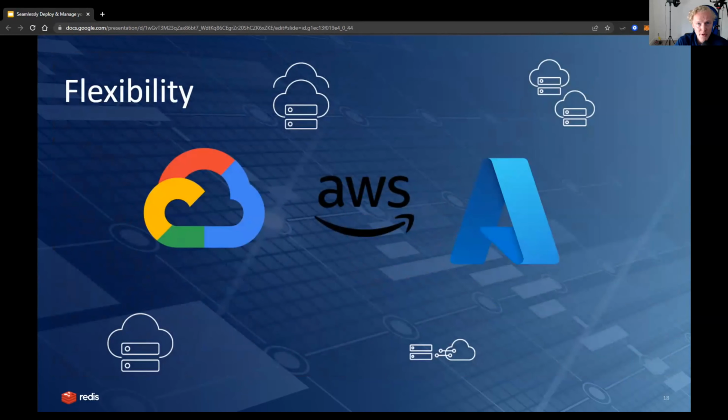Redis Enterprise provides flexibility while deploying across multiple environments, providing quick ways to get started at any of the preferred cloud vendors. Setting up Active-Active in Redis Enterprise, and for those who don't know what Active-Active is, it's essentially setting up clusters in multiple regions so that data is replicated across those regions, essentially giving sub-millisecond response times no matter where the